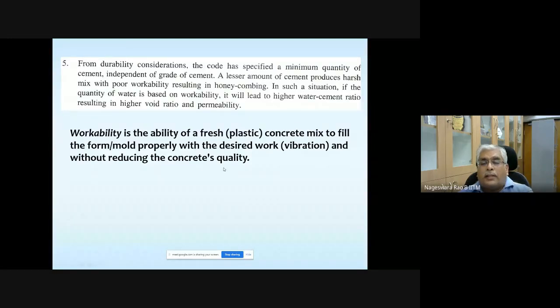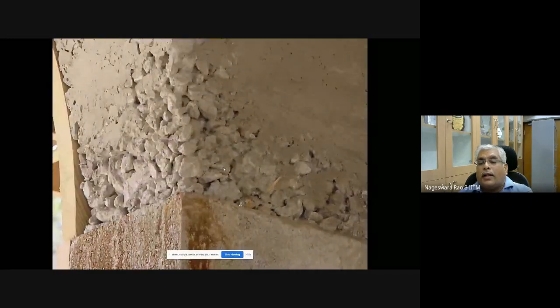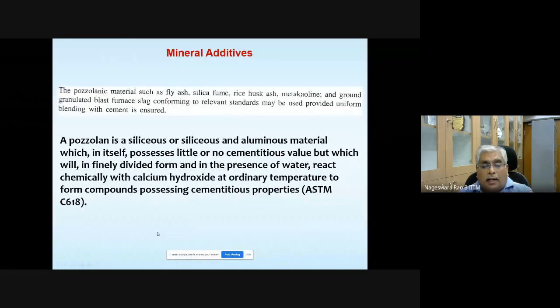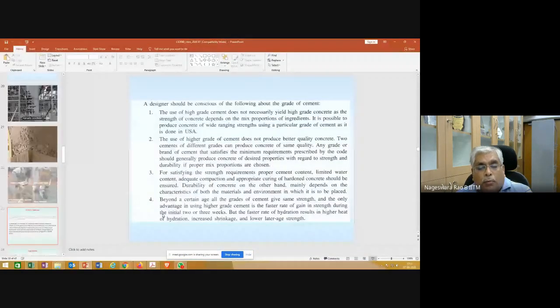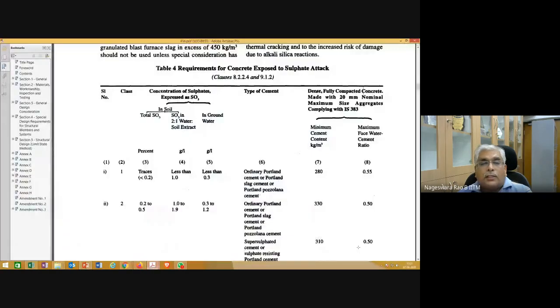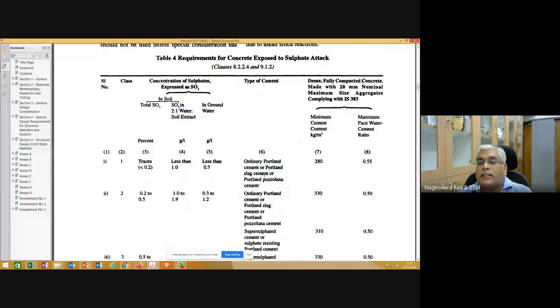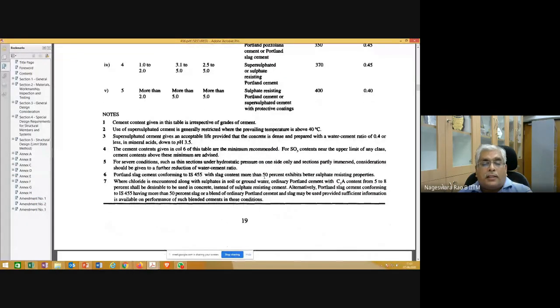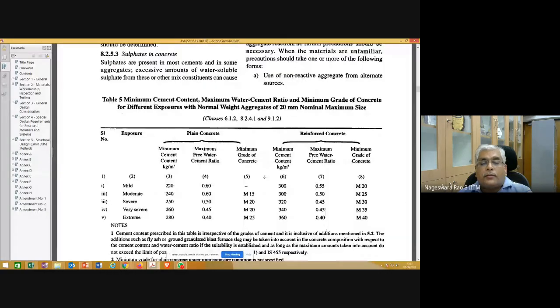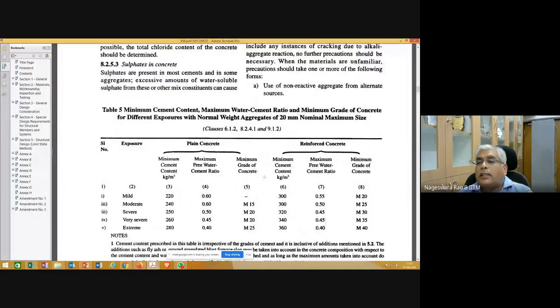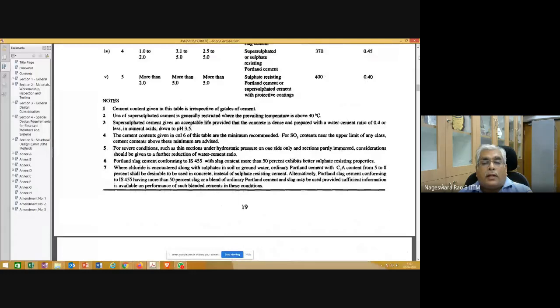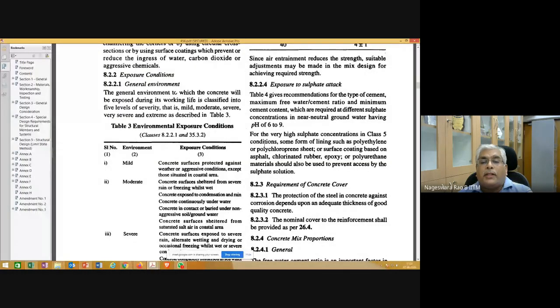So now coming back to this one, this we already discussed yesterday, and let me show you one more thing in IS 456. So again, I'm going to IS 456. Let's go to table 3.